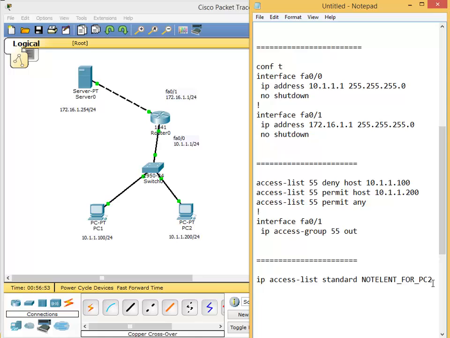So you can start with a sequence, like sequence 10. Sequence 10 will say deny something. So deny host 10.1.1.200. Sequence 20 will say permit host 10.1.1.100. Yeah, that will be good. Again, the access list is made in the global configuration mode, so we have to link it somewhere. This time we want to link it to the VTY line. So line vty 0 4, ip access-class